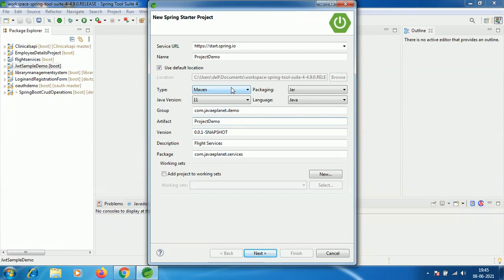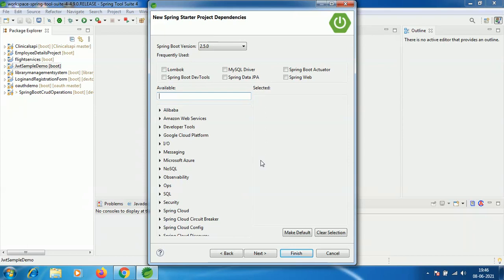Description is the project name that resembles the outline of the project. For example, take the description name as project demo. Package name and group name are the same. Click on next.